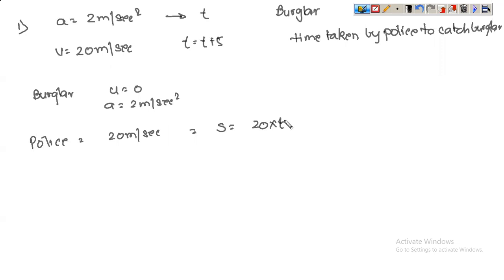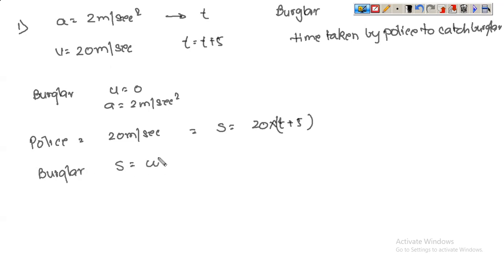So this is 20 into (t plus 5), because he starts after 5 seconds. And for the burglar,